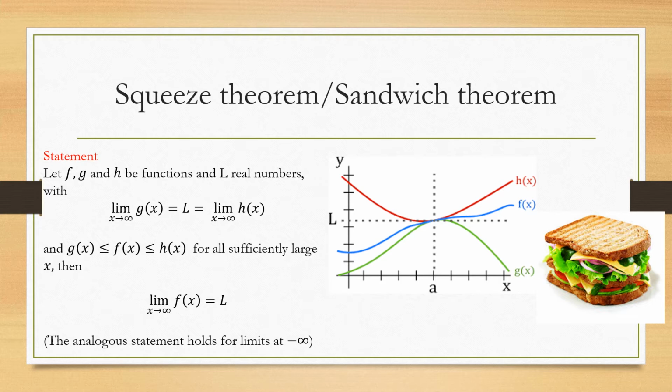We have three functions here, three curves, represented in different colors. So what is happening to these three curves? Let's talk about the first function, g of x, from the bottom. The curve g of x is compared to the lower bread slice. The second one, the function f of x, is the stuffing of your sandwich. And on the top layer, you have another slice of bread, which is h of x.